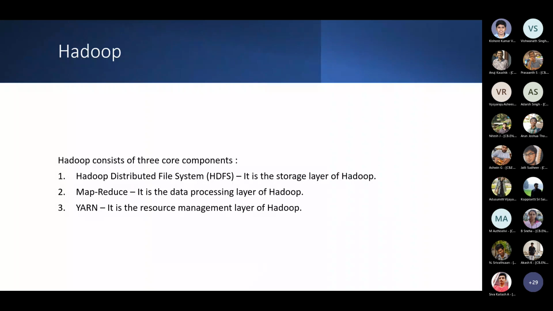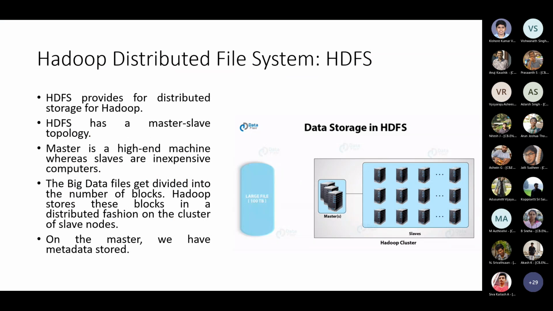As the video said, you have three parts to the Hadoop system: the HDFS, the MapReduce, and the YARN component. First is the storage, so we will look at the storage system. This is how the typical system works. You have each of the blocks, the huge data that you have. It's saying 100 terabytes here. It could be more, it could be less, but typically it is hundreds of gigabytes or more, at least tens of gigabytes or more.